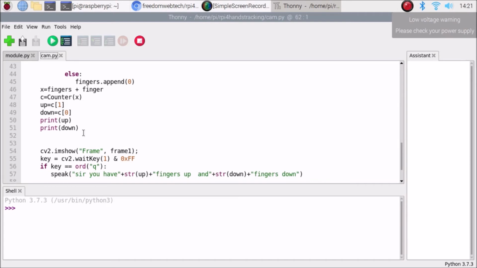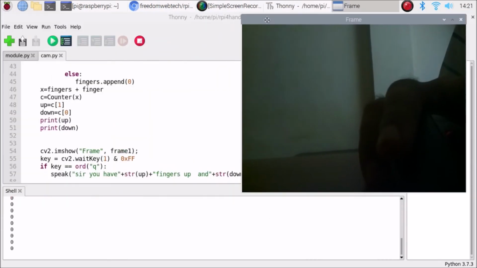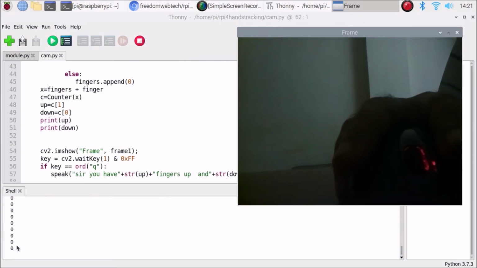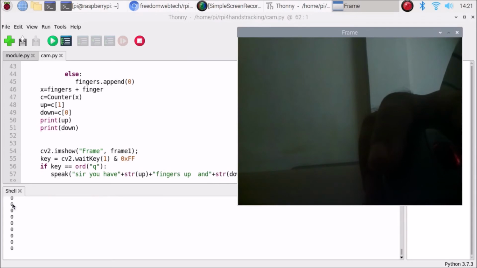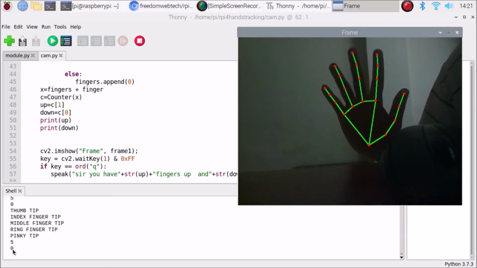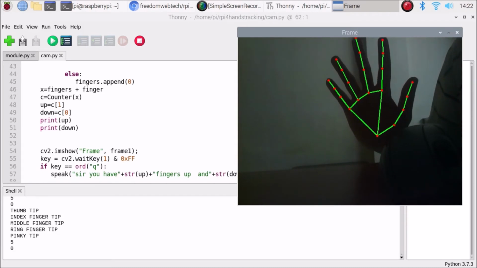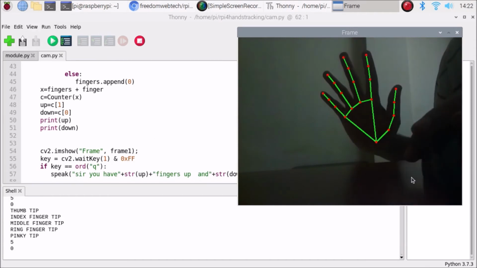Okay, so now I am going to run the script. You simply need to click here, and it will open the camera frame. So friends, the camera frame is ready. As you can see right now there is no hand tracking, so it shows a 0 value. Now if I put my hands in front of the camera, as you can see, as soon as I put the hand in front of the camera, it is basically tracking just the hands. Okay, as you can see it's tracking our hands here.